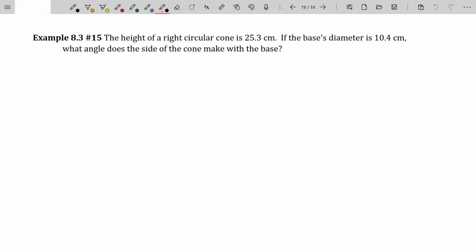So our last example, second and last example: the height of a right circular cone is 25.3 centimeters. So what is, first of all, a right circular cone? A right circular cone is like a traffic cone, right? You have some type of base that's circular here,